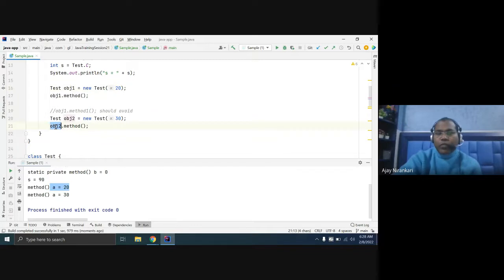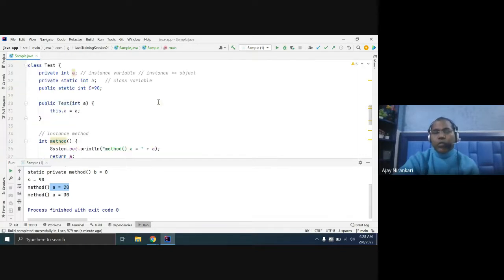If you are invoking the same method from object 2, you get a different value. When the same function is invoked from a different object, it returns its own object's value. So this method depends only on which object you are invoking.